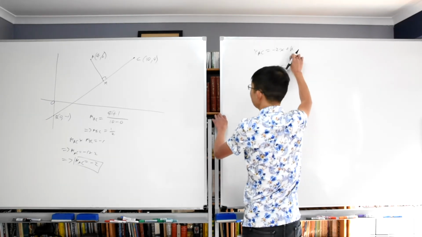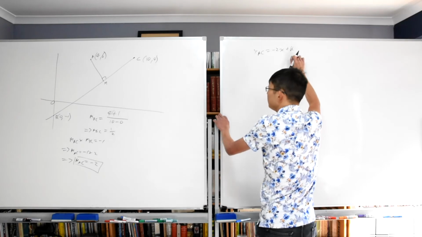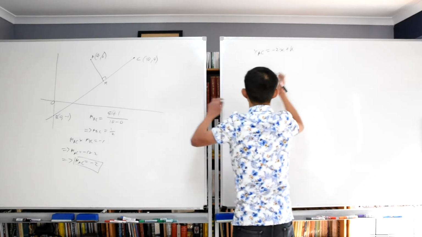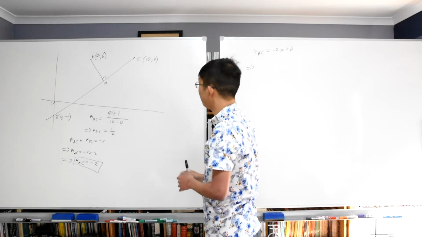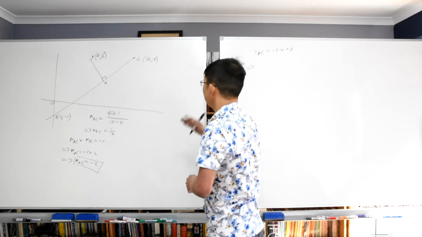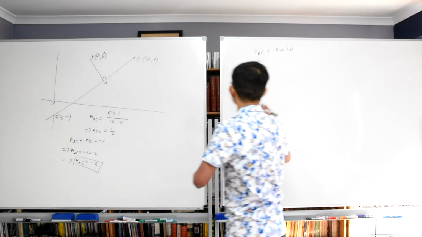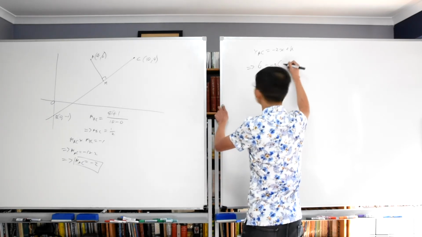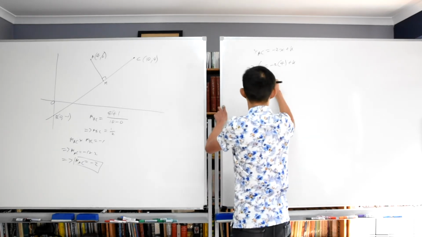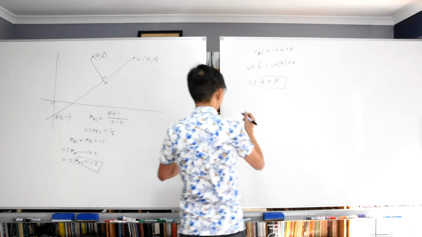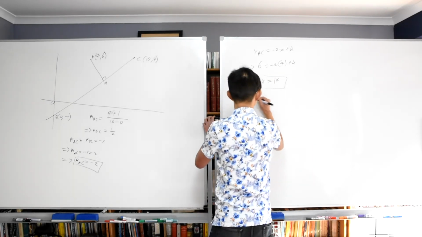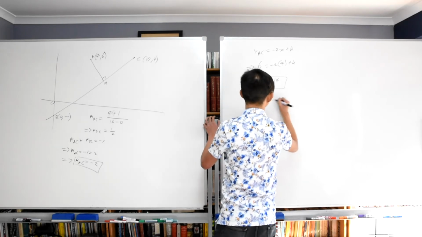I'm going to use the letter K to not use the letter C again. But the point A (4,6) must lie on this line AM. Hence the equation of the line AM must be equal to